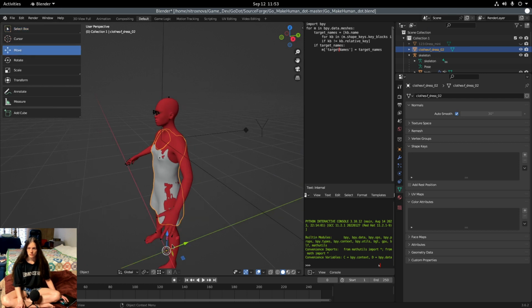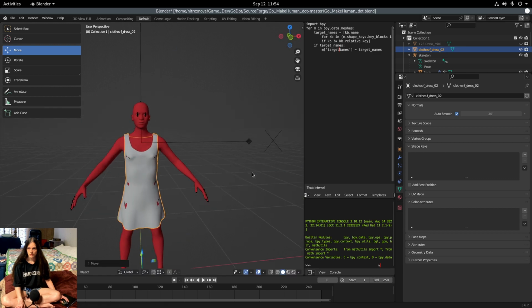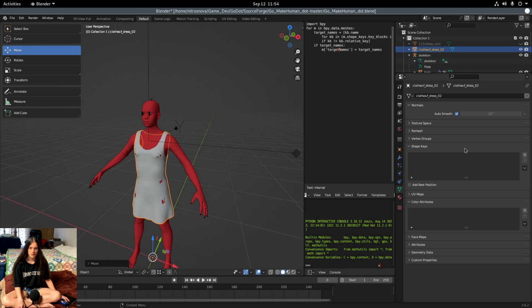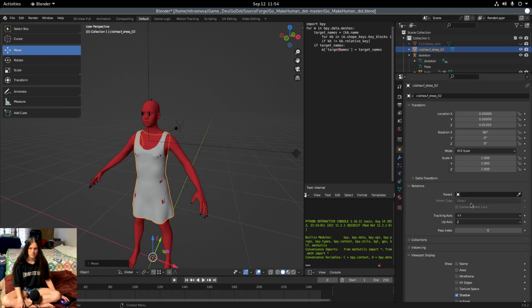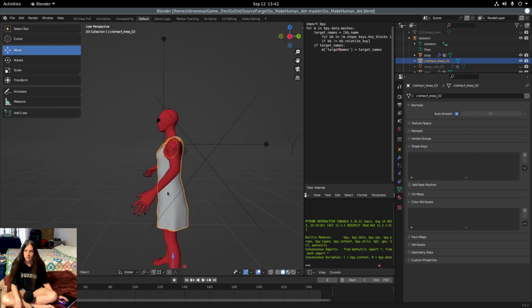So this needs to go up a little bit since we're using different versions. So pretty much just line it up. And then assign the skeleton under object, or the parent. Set the skeleton as the parent object, like so. So once you have the dress lined up, and I did scale it on the y-axis a little bit so it doesn't clip,